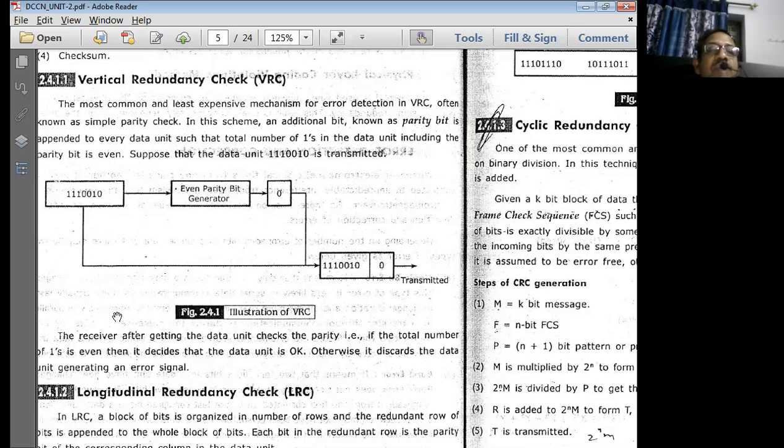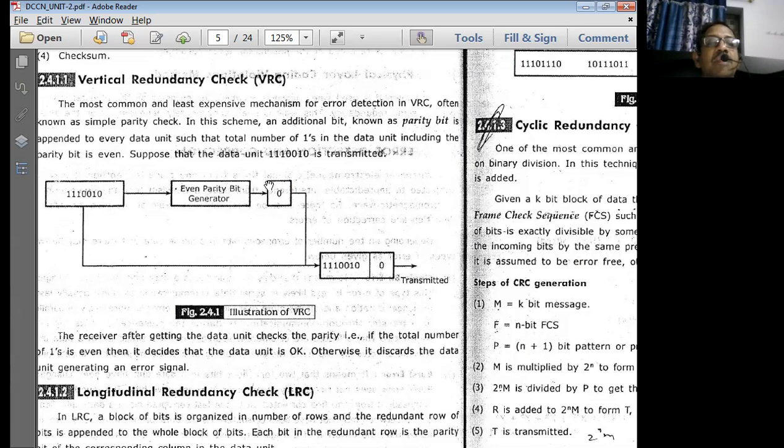How does it do parity? Let us see. In this scheme, an additional bit known as the parity bit is appended to every data unit such that the total number of ones in the data unit, including the parity bit, is even. So we have to send a parity bit.